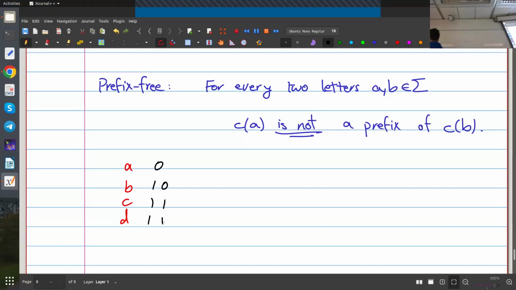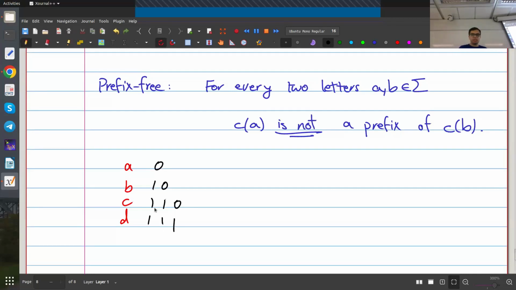Back to our codes. I've assigned code 0 to A, which means that no other code can start with 0. I have assigned 1, 0 to B, which means that no other code can start with 1, 0. So the codes for C and D have to start with 1, 1. Okay? And let's say that I give C 1, 1, 0 and I give D 1, 1, 1. Now this is a prefix-free code,